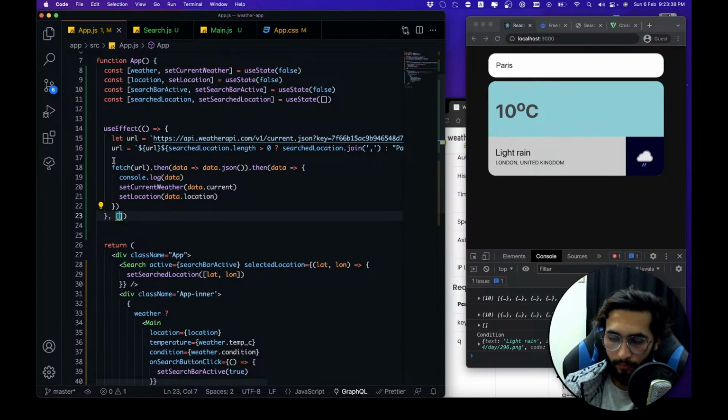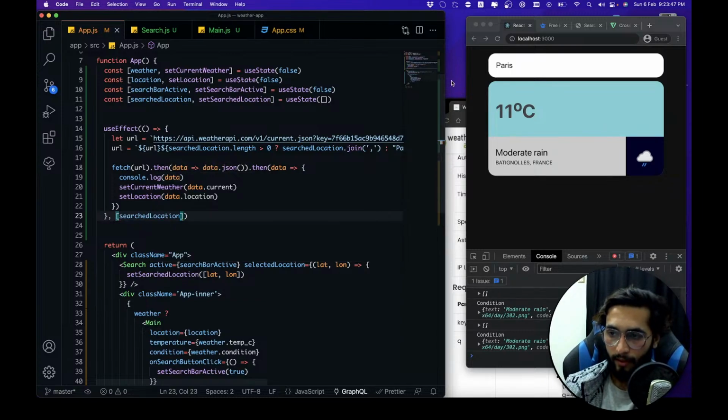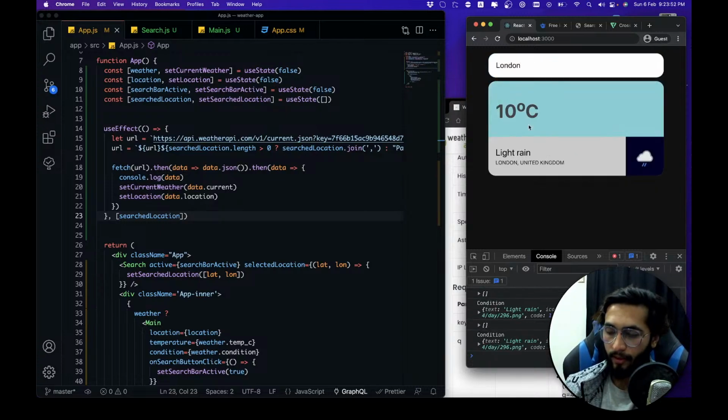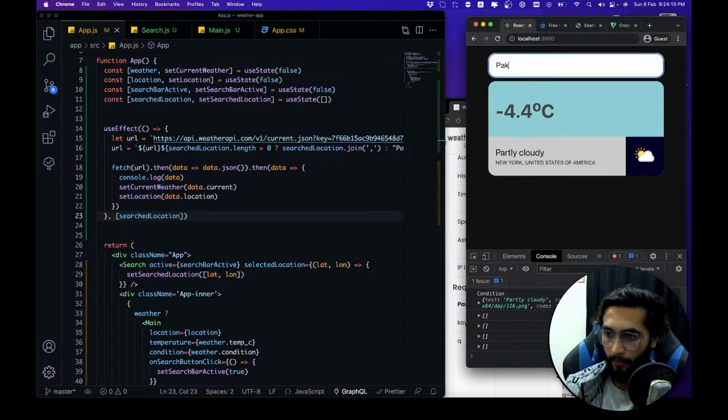Or whenever the user has searched, so whenever the search location has changed, run this again. Okay, so let's say London, get the London weather, and let's say Delhi, India, get that weather, and say New York. New York is, oh my god, minus 4.4 degrees. And if I say Pakistan,